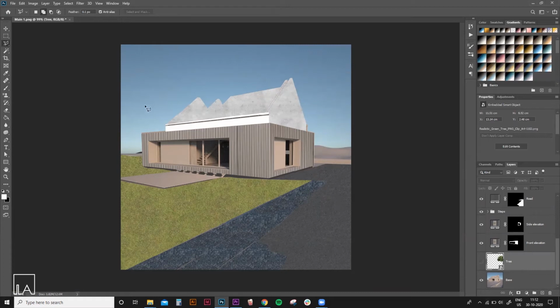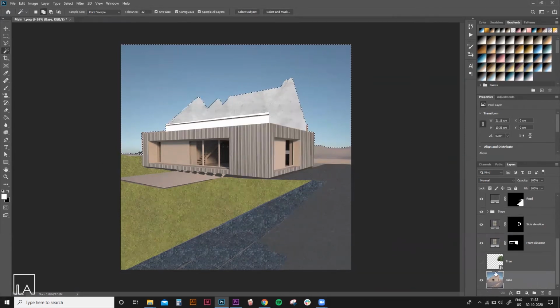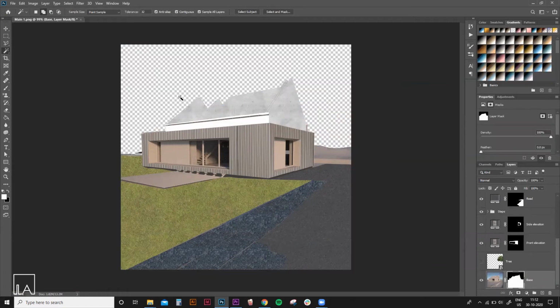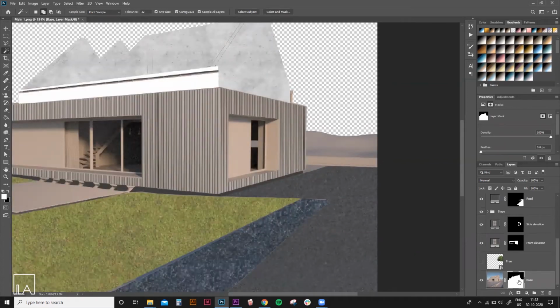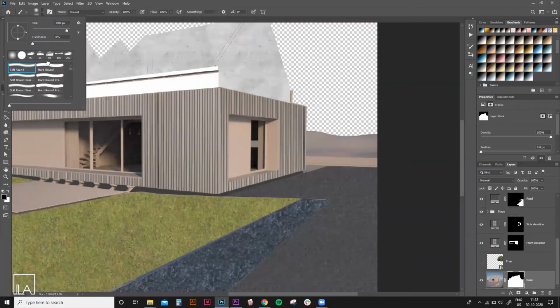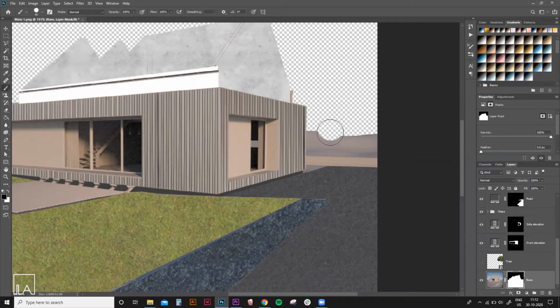If you wanted to replace the sky with a sky of your own, you can simply make a selection on the base layer using one of the selection tools like Magic Wand or Magnetic Lasso and create a layer mask. As you know that in a layer mask, the white regions are the visible portions of your image and the black are the hidden regions. So if you wanted to hide something else, you can simply select the brush tool, which is set in black color, and paint over the regions that you want to hide in your image.